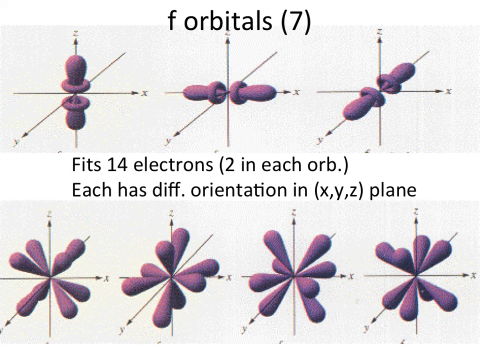But I do need you to understand that there are 7 f orbitals. Each one of them fits 2 electrons for a total of 14 electrons in the f orbital set. And just like the others, they do have different orientations around the x, y, and z plane. Those axes allow us to differentiate between the different types of f orbitals. However, I'm not going to require you to know how to differentiate between them, but I do